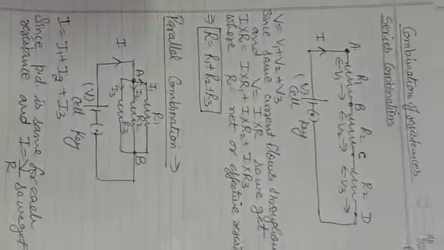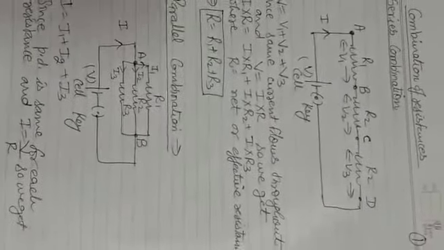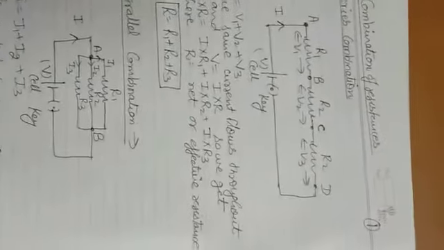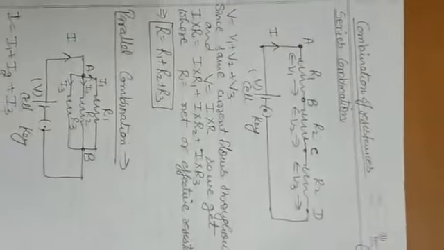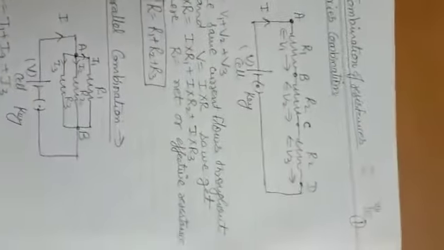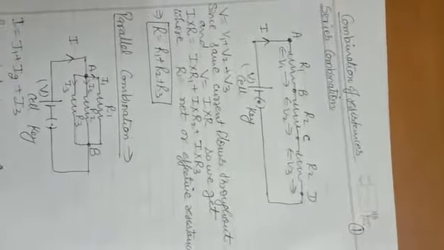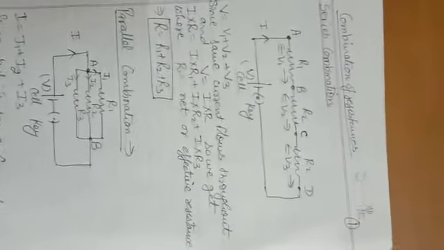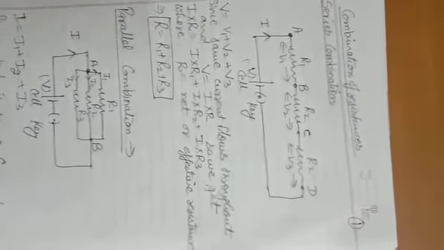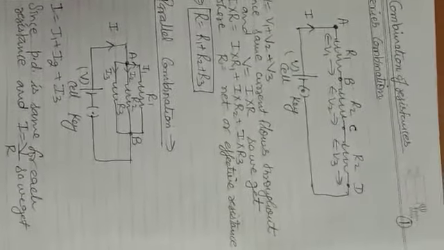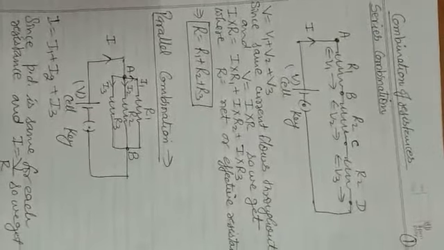Dear student, today we will discuss the combination of resistances. You know, in your household we are using a number of appliances. If you see your study room, for example, we have an electric fan, a tube light or CFL, maybe a computer or laptop, the mobile which we use at times for charging, and then the AC. So a number of appliances are there, and each of these appliances has a specific value of resistance.